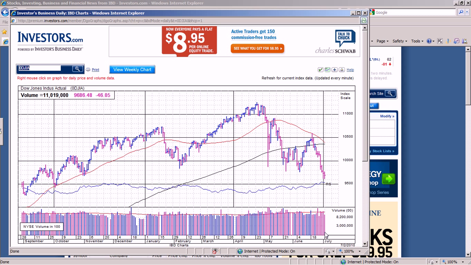You can see the last, I don't know how many days here, looks like 6 or 7 days have all been down days. So the market, as you can tell, is in a correction at this point in time. So as I look at those charts, what I try and do for myself is analyze what kind of day it was on the market compared to the other days, and decide before I actually let Investors Business Daily